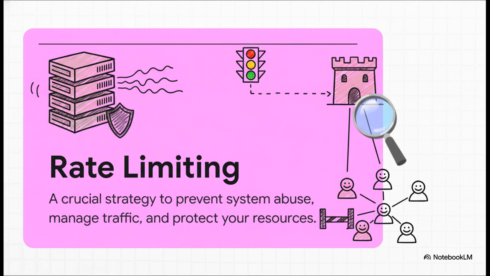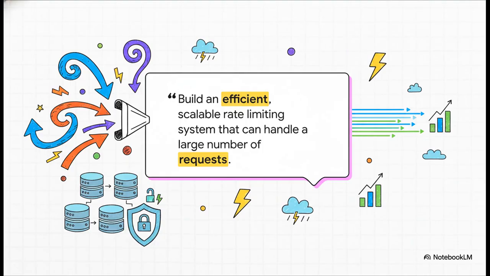Basically, rate limiting is all about defense. You're just setting some ground rules, like, hey, you can make this many requests in this amount of time. The point isn't to lock people out. It's about making sure everyone gets fair access and the app stays fast and stable for the entire crowd. And this is so key. The goal here is to embrace all that traffic, not be terrified of it. When you have a solid rate-limiting system in place, you can scale up with confidence. You know your backend is safe from the wild, unpredictable mess that is the internet.